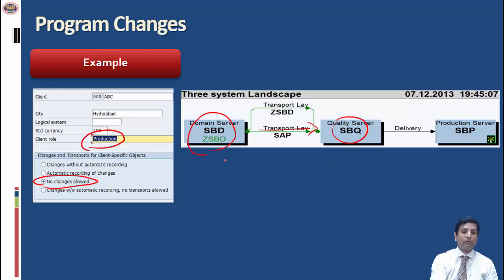So this is a development system and this is a quality, or also called the test environment. And once testing is performed, this is the production. SBP stands for the production system. Now this specific nomenclature can vary from company to company, and it is for us to understand how